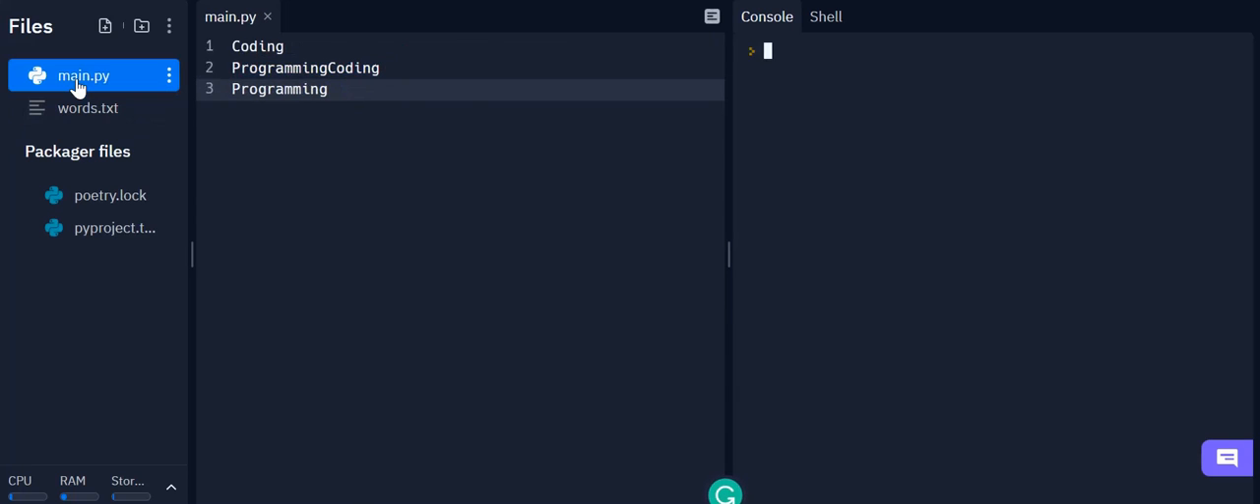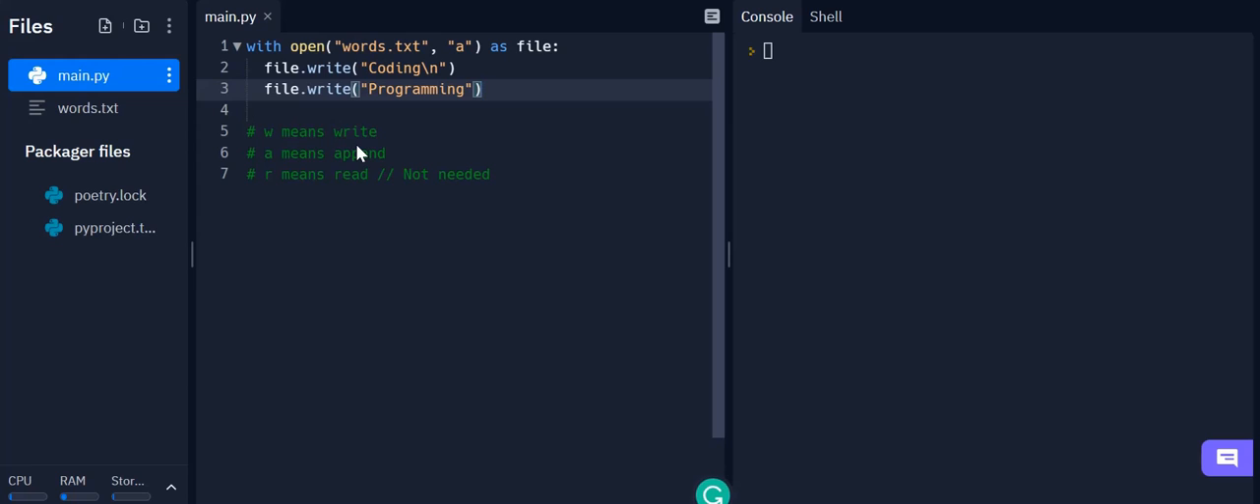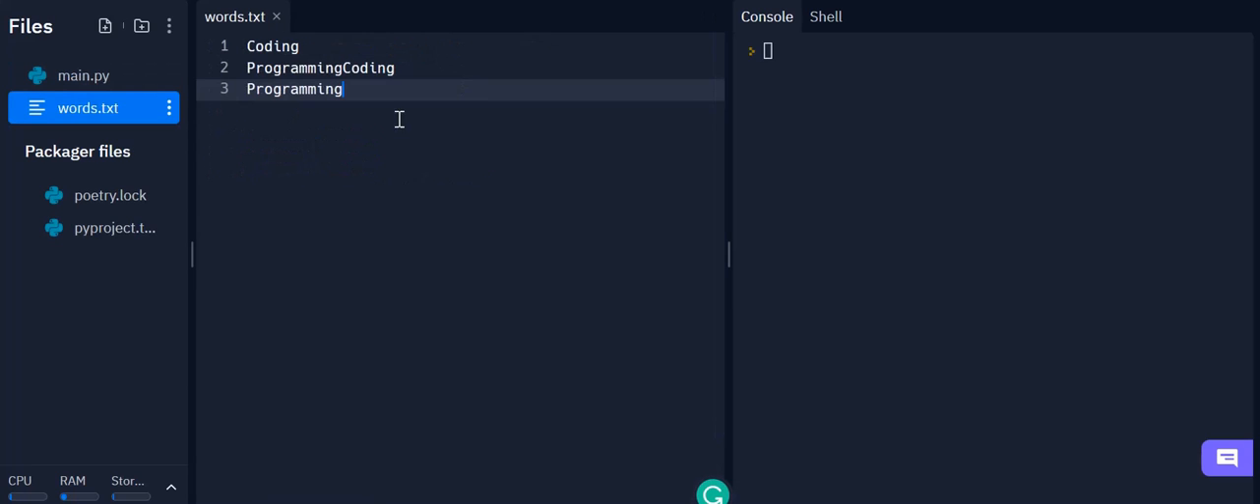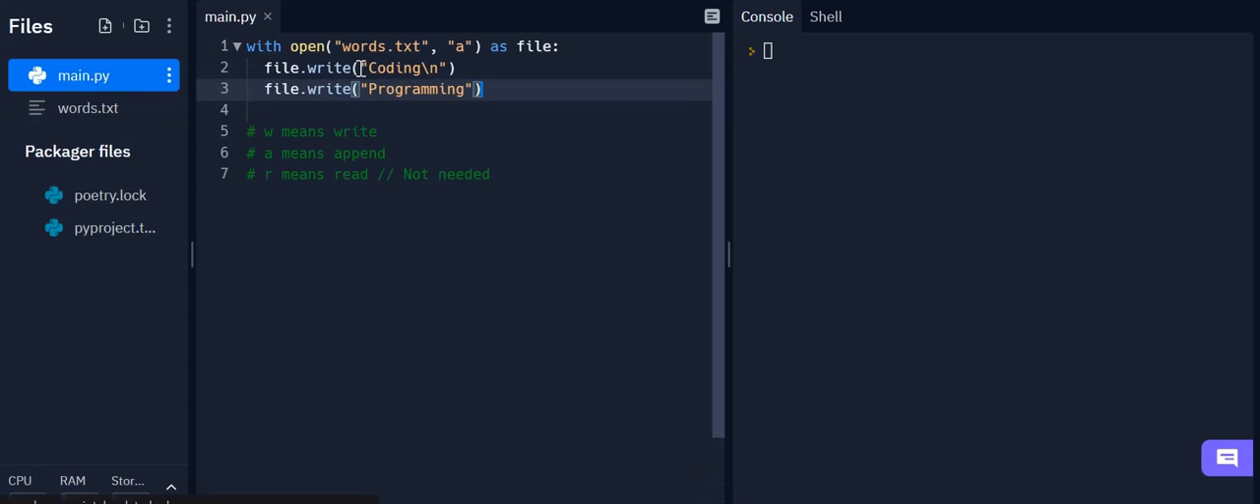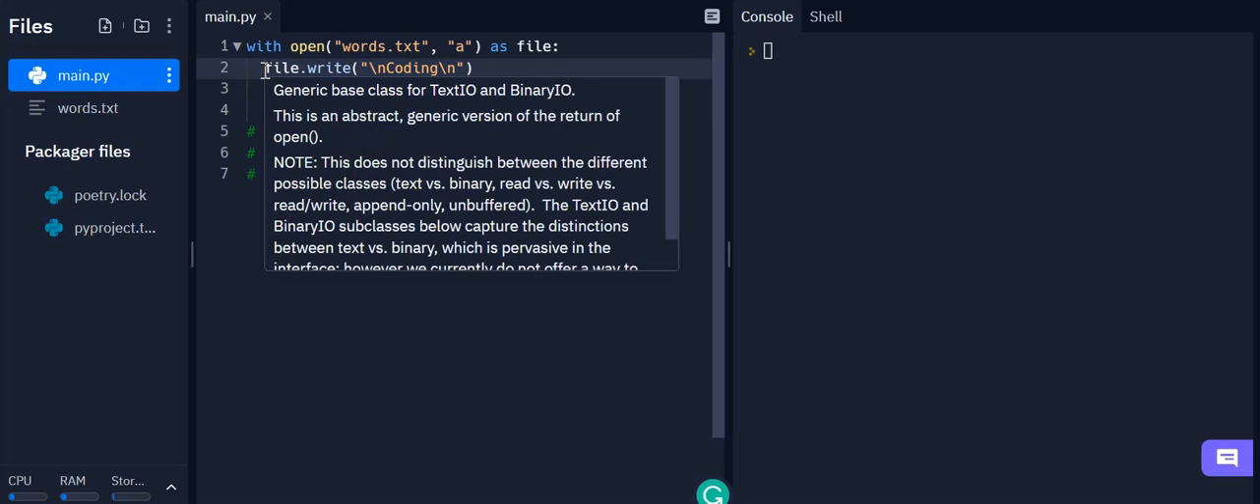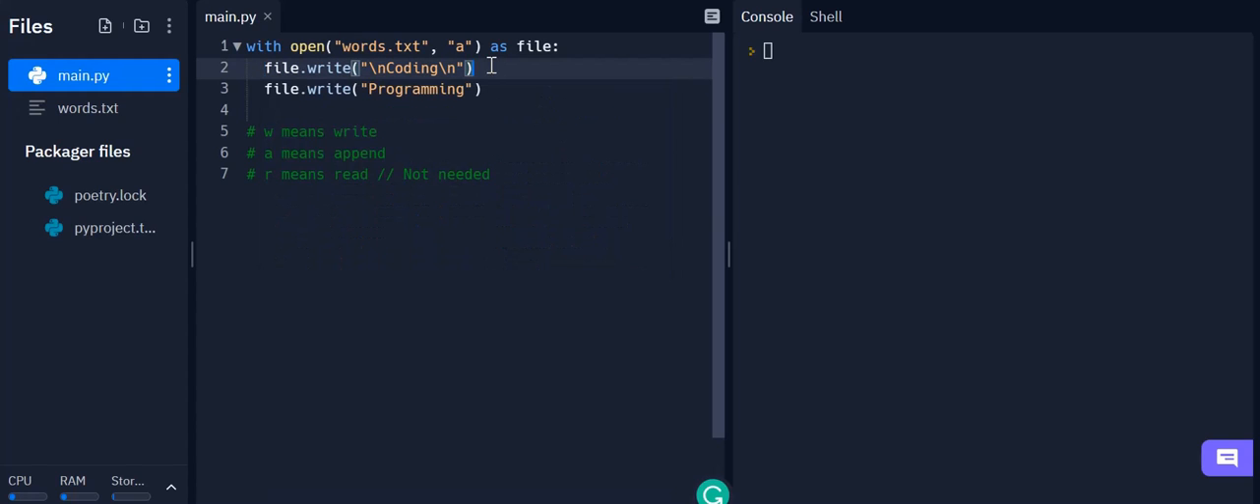So if you want to actually print that out in a new line, I'm just going to erase this. And if I wanted to add 2 more lines of code, I'm just going to say coding and programming again. What I would have to do here is specify the \n, because as I mentioned before, we need to also include \n in these file.write statements if you want to actually give a new line in the file. So now if you do with open words.txt as file, the mode being A or append to this file, and if I do file.write coding and